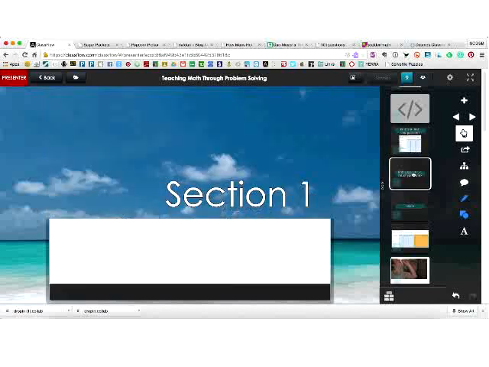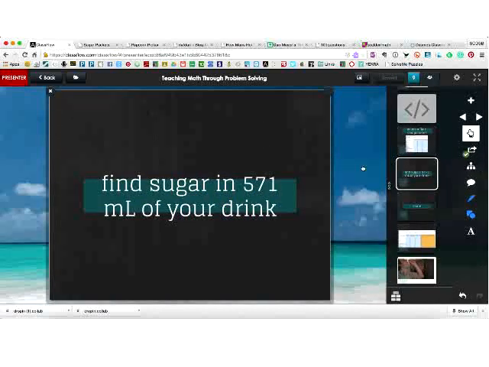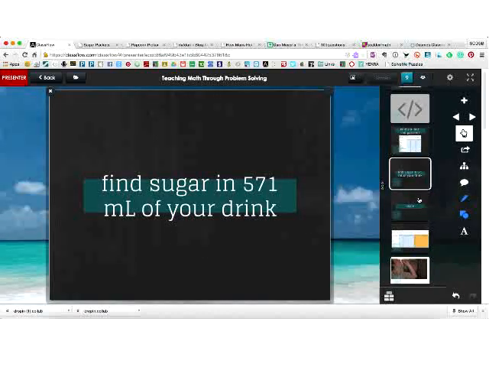applied mathematics: okay, well then you tell me how much sugar would have been in your drink if you had 571 milliliters of it, which is close to a 20 ounce bottle. Students had to find a way to figure out, my 222 milliliters had 7 packets, so how many packets of sugar were in my 571 milliliters? Again, students did it either on Classflow or their whiteboards and sent them in.